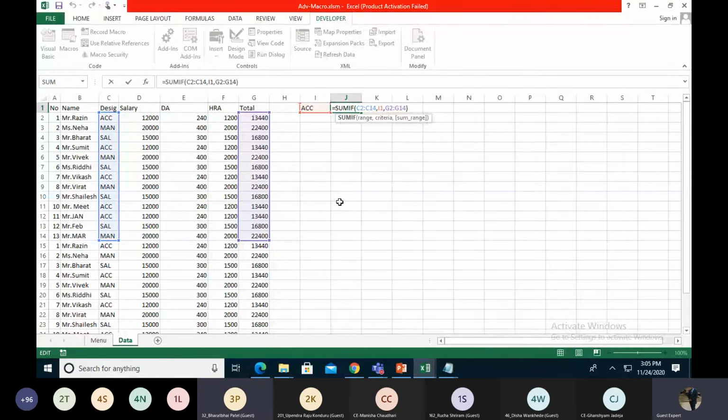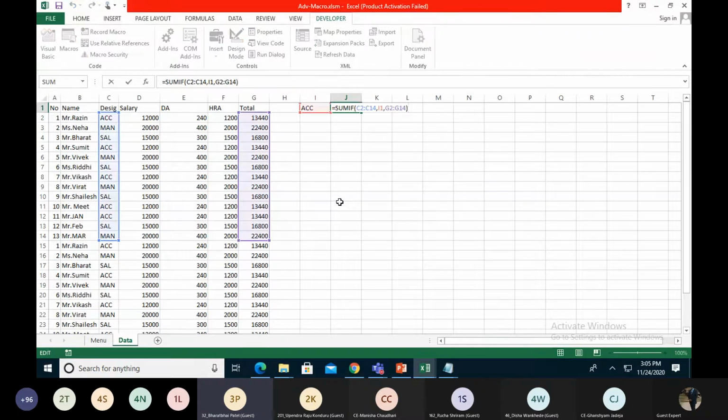But if you convert this data into tabular format by pressing Control T, I think it will take up to the last non-blank row. When you convert the data into tabular format, most of the time the function will work correctly up to the last number of rows that exist.